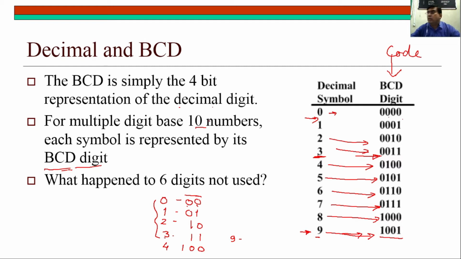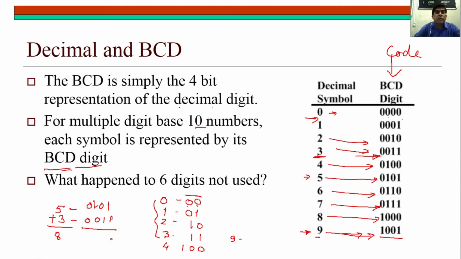For example, you are doing the addition of two numbers, say 5 plus 3 is 8. So what you actually do in the arithmetic, this 5 is what? 5 is 0 1 0 1. So I represent it as 0 1 0 1, and 3 as 0 0 1 1. And then we can add them together.